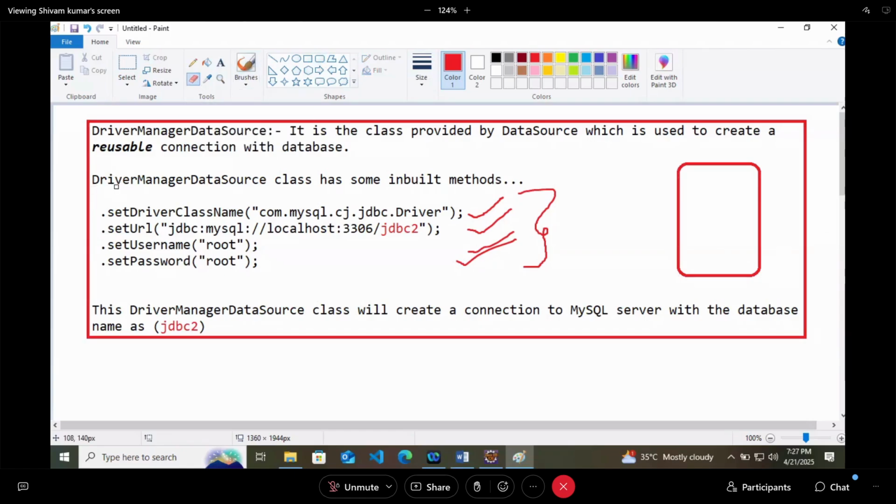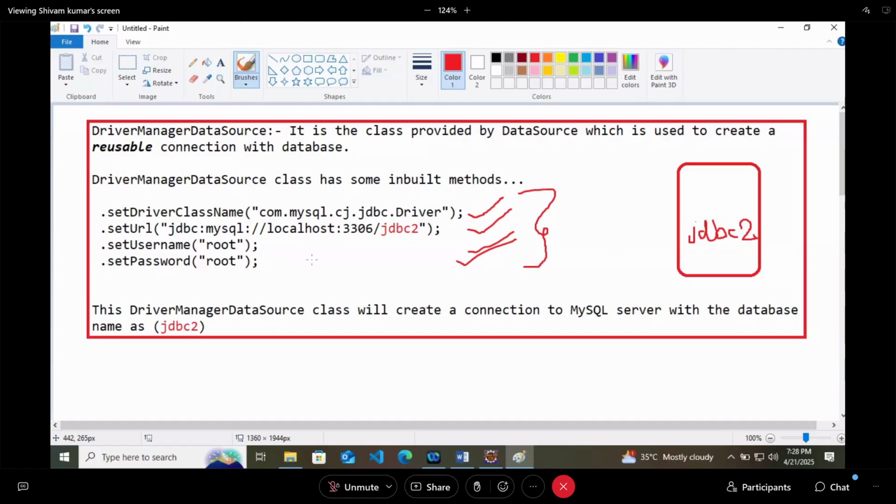Now this DriverManagerDataSource class will go to the database and say that I have your connection URL and I want to communicate with the database JDBC2. My MySQL database will check if there is any JDBC2 or not. There is one database available with the name JDBC2. So MySQL will say, yes, I have this database, but do you have permission?